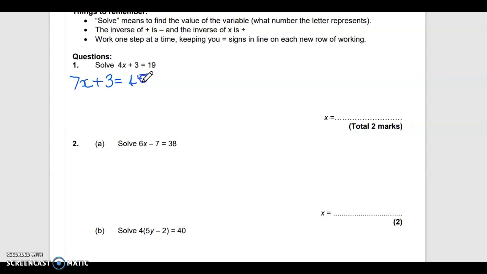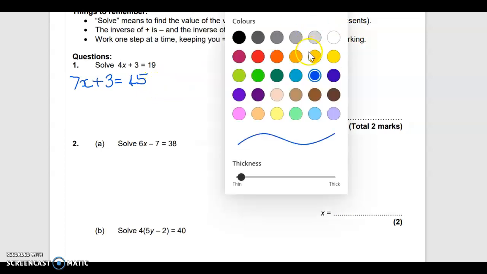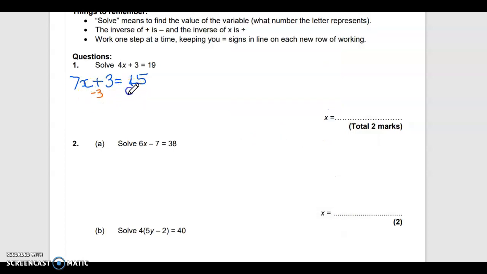Now you can have a guess at this because this means 7 times a number plus 3 gives me 45. But I'm going to use my inverses to help me do this. So I know I've got 7x plus 3 equals 45. So the last thing I did was add 3, so I'm going to take away 3 from both sides. This leaves me with 7x